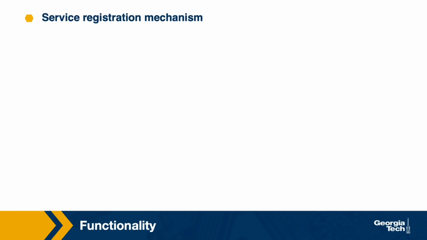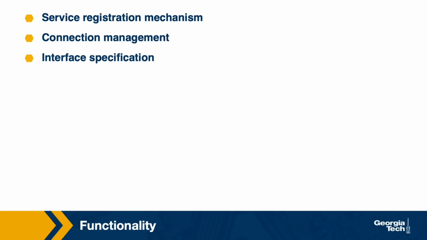It must provide support for servers to register the services they provide and for clients to then find out that information. It must provide support for any necessary connections to be established among a client and a server process using appropriate protocols. There must be support that will ensure that the client can find out what the necessary service parameters and the results that can be expected are. Also, that the client and the server will be able to agree on the data types of the parameters and